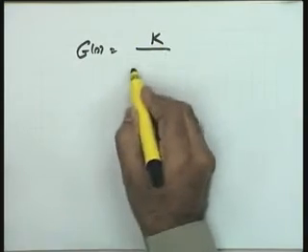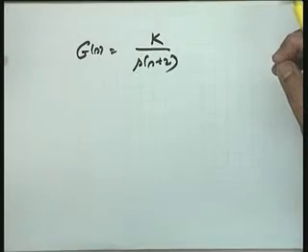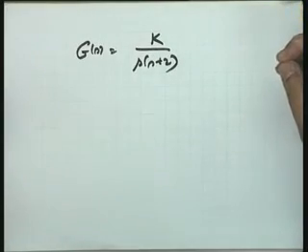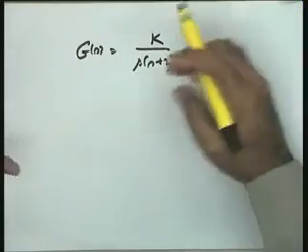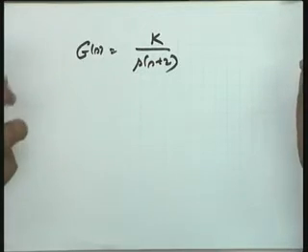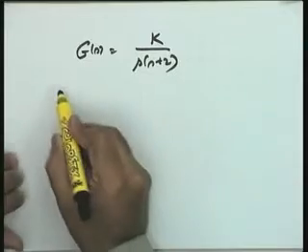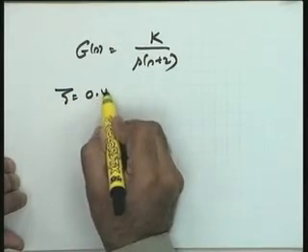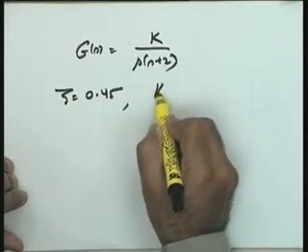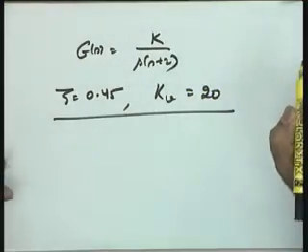GS I take K over S into S plus 2, you can imagine this to be a motor servo, a tracking system for example. Position tracking is to be done, and this is the simple model of the DC motor I have taken. A loop is to be closed to give you a closed loop position control system. K I have embedded in the uncompensated system. Performance requirements are the following. Zeta equal to 0.45 I am taking, and KV requirement is 20. Steady state KV is the ramp error requirement.